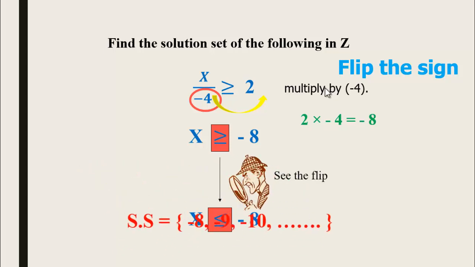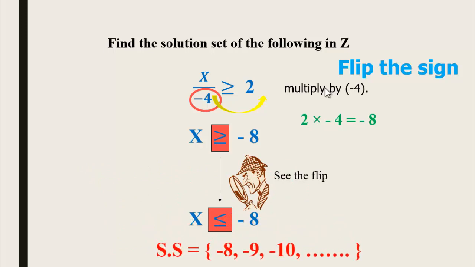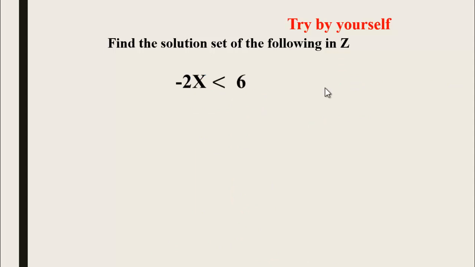And my solution set here will be all the integers which are less than or equal to negative 8, which is negative 8, negative 9, negative 10, and so on. I would like you to pause your video, try to solve this inequality by yourself, and then go back and see the answer. I have negative 2x less than